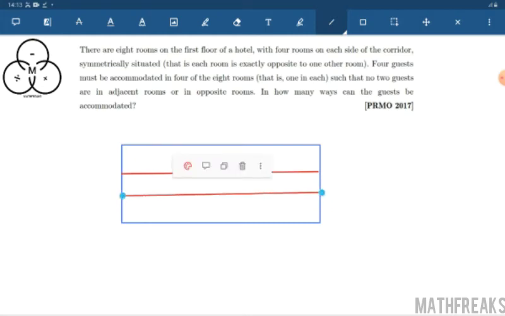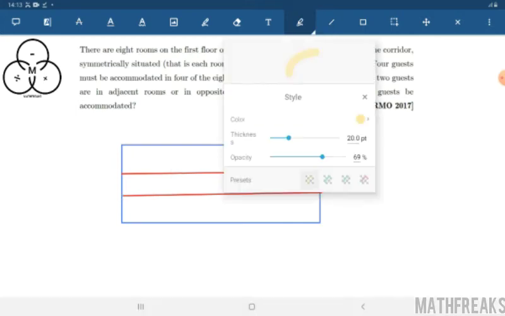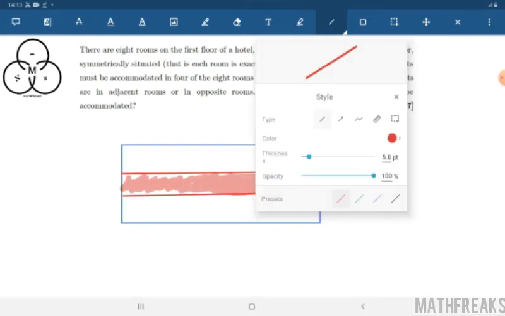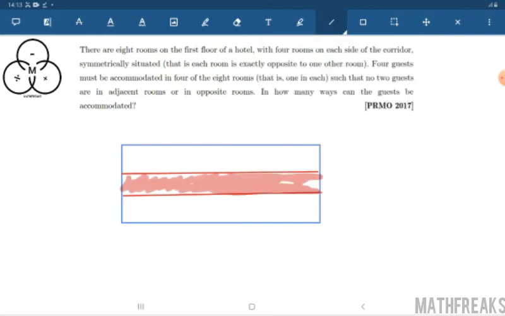This area is the corridor, the red carpet corridor. Then let us create the rooms. These are the 4 rooms. Fine. 8 rooms, with 4 rooms on each side